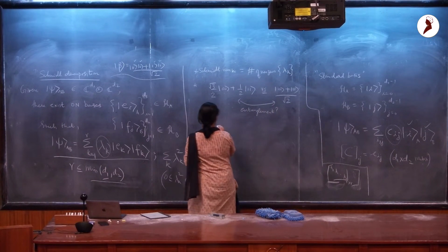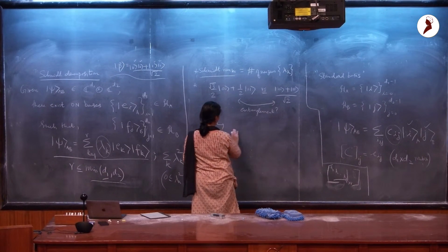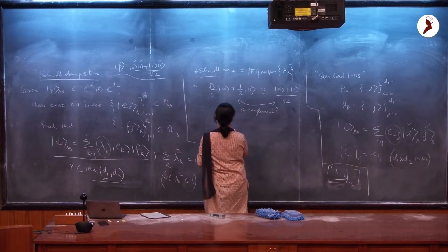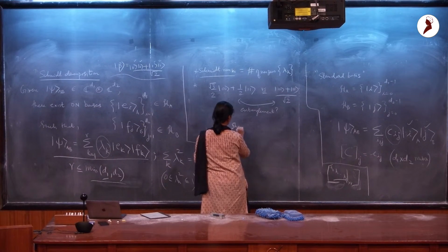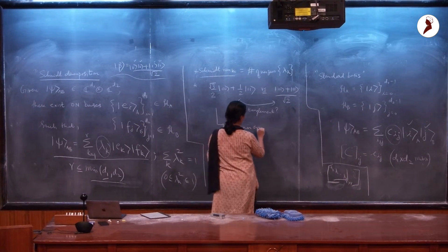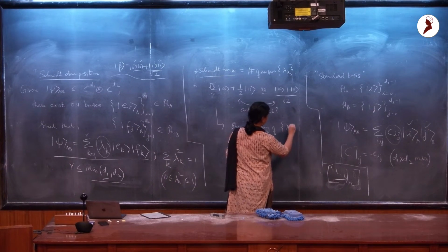Okay. So the Schmidt rank is one thing. So for now let me just call this the Shannon entropy of the Schmidt coefficients